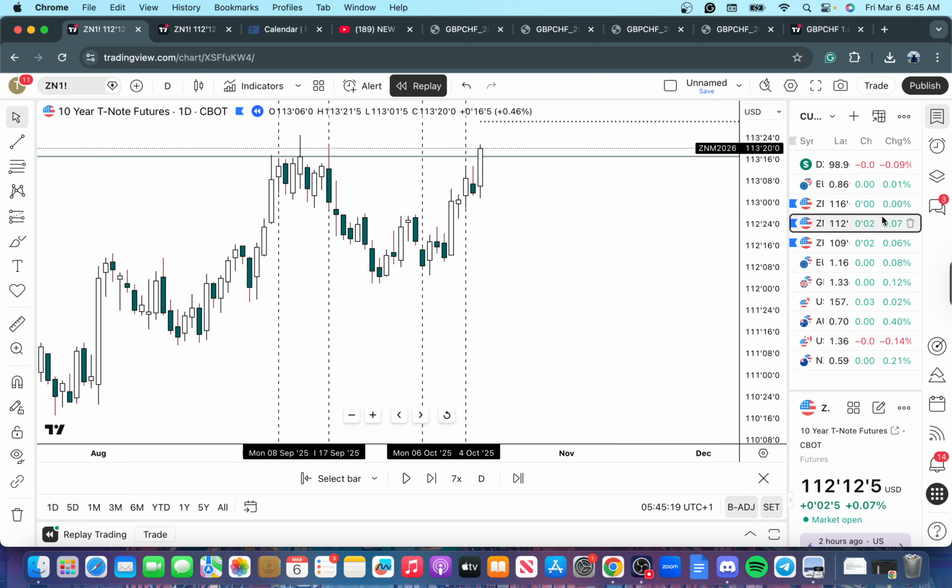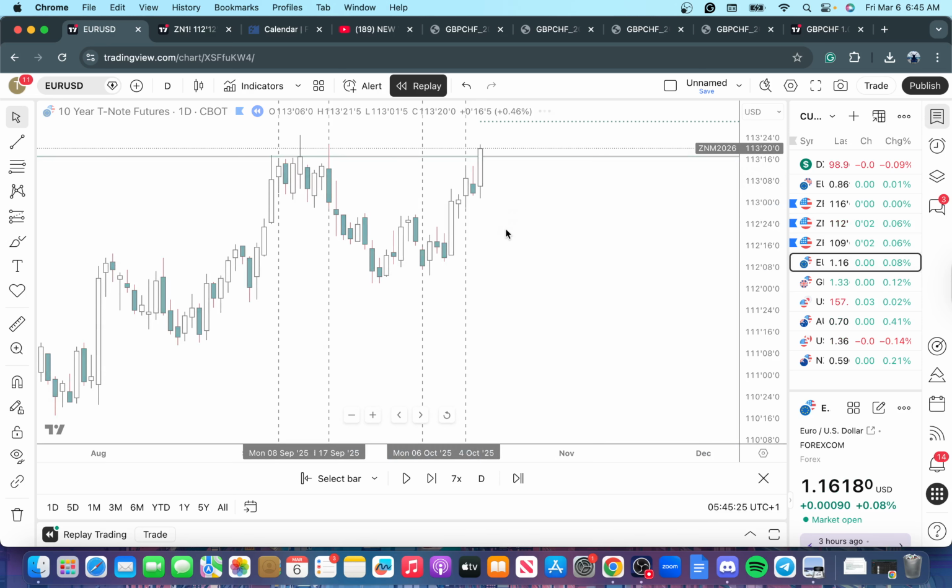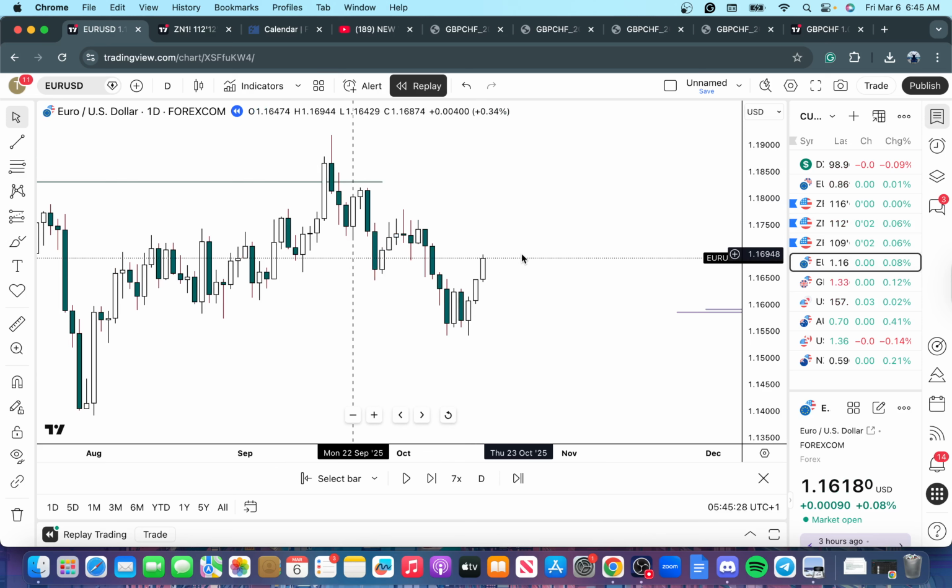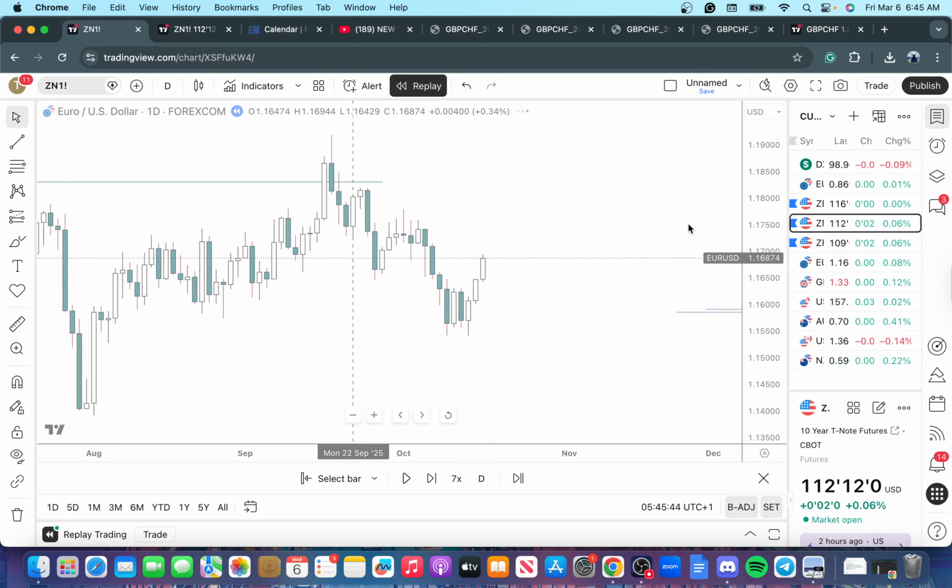But now what you can see here with 10-year T-note is we have met daily buy side liquidity in 10-year T-note. And if you go look at euro dollar and see where we're at, we're currently at a premium. So what do we do? Do we continue to hold a really strong sentiment of bullishness in euro? No, right? What we do here is we start to hold less of a bullish sentiment on euro dollar because there is no more bullish room for